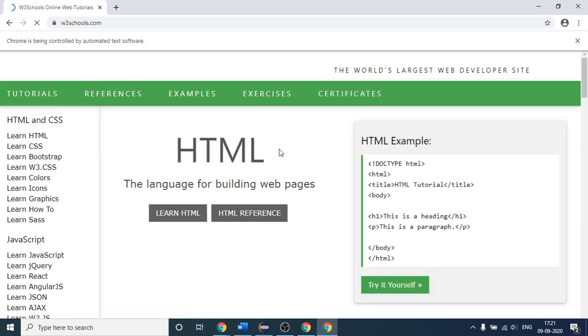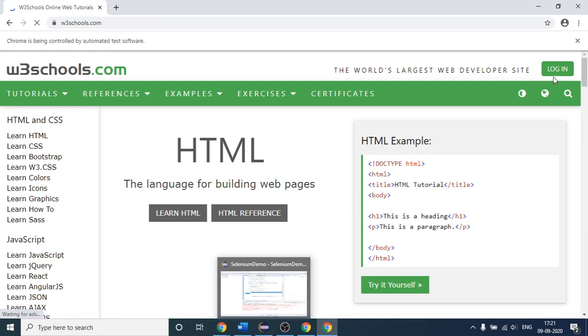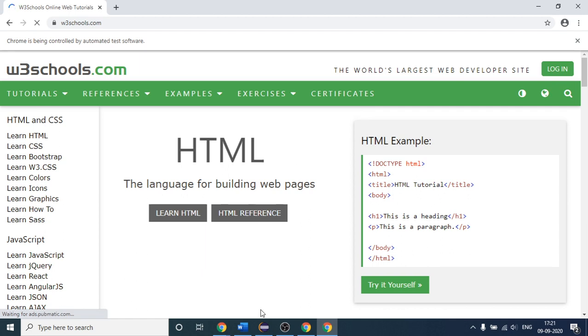Let us check what it is printing. Okay, I think it will print the condition in the if part only, because we have provided the text correct. So let us wait for this to finish.